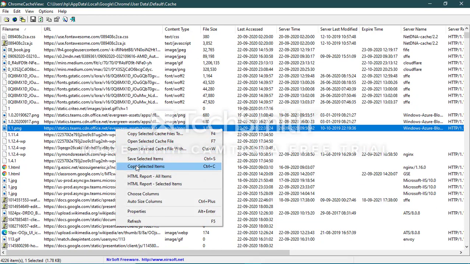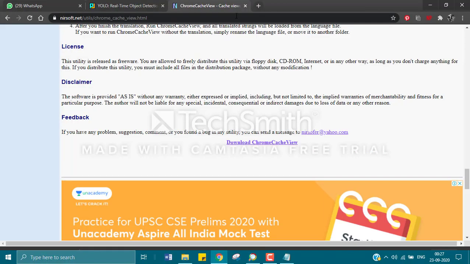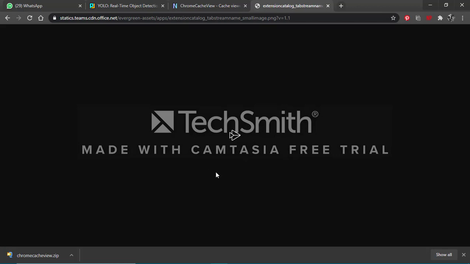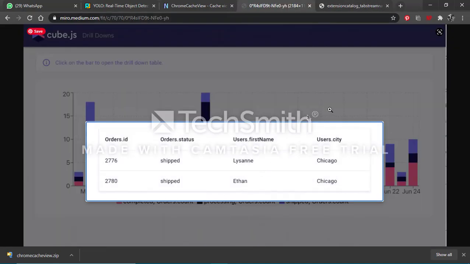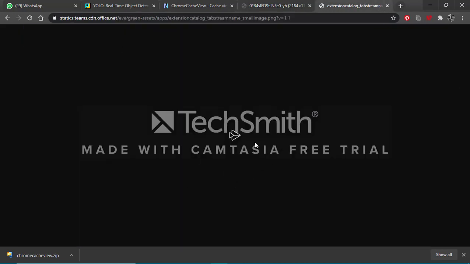Here we have another image. We are not gonna save this. We are just gonna copy it from here. Just copy this one and we paste it. Let's see. Okay. So see, as I told you, it saves big GIFs, which are in megabytes of size, and such small images that are less than 1 KB of size. I suppose this is one of the logos of a website I visited a couple of days back.